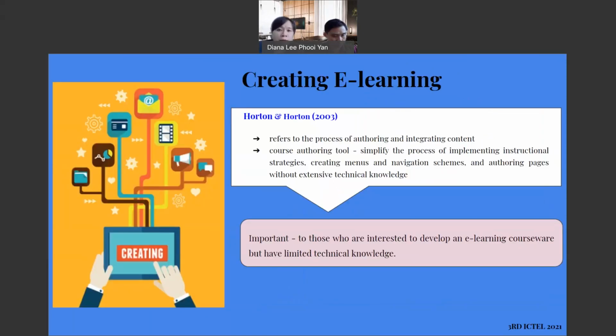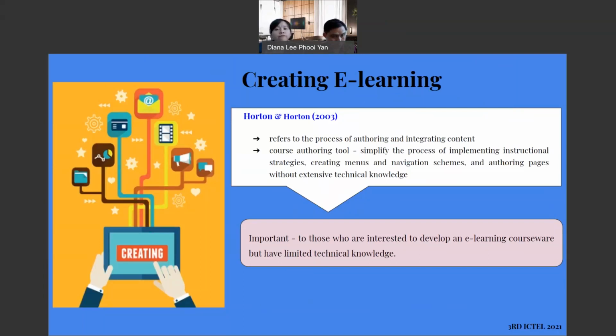According to Horton and Horton, 2003, creating e-learning refers to the process of authoring and interpreting content. One of the authoring tools is a cross-authoring tool, which is designed for creating e-learning.